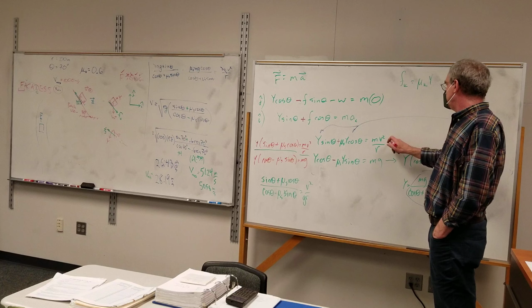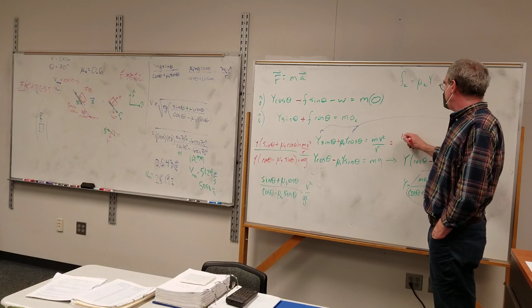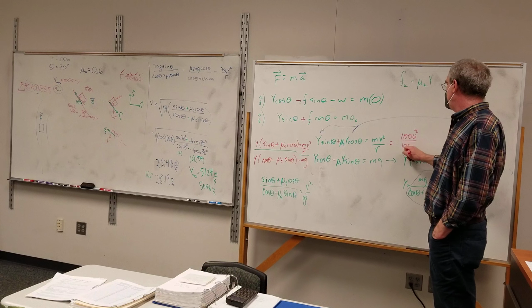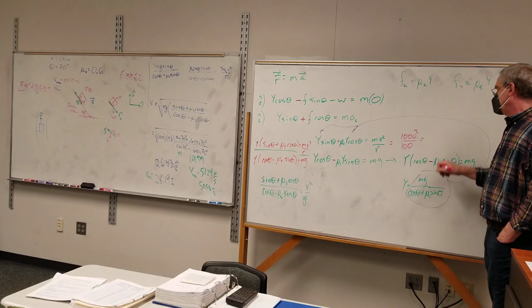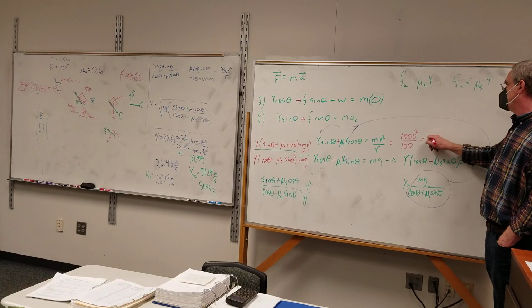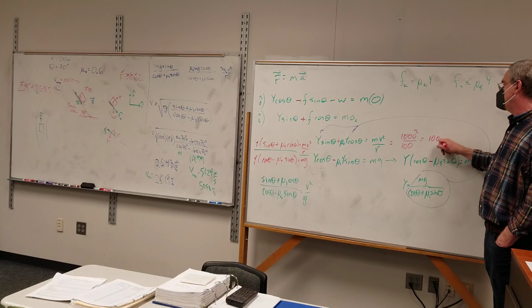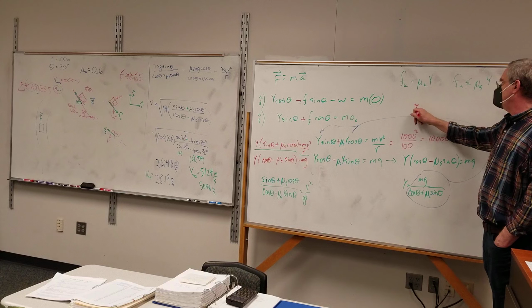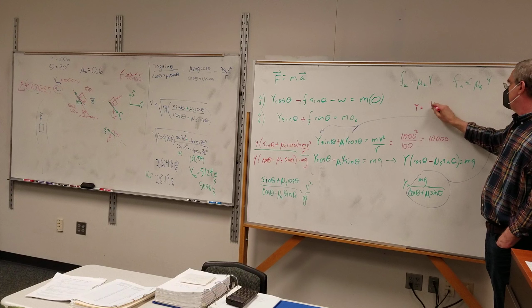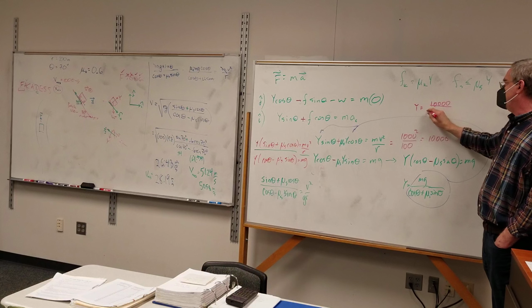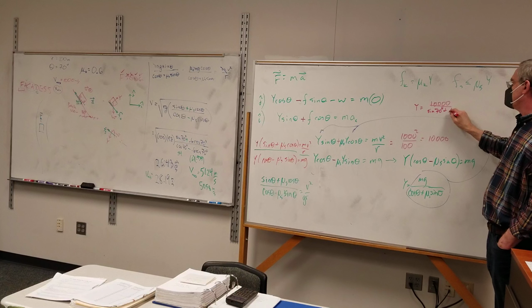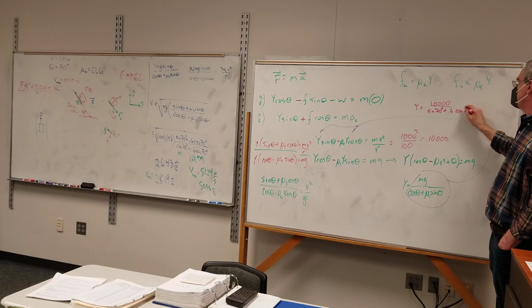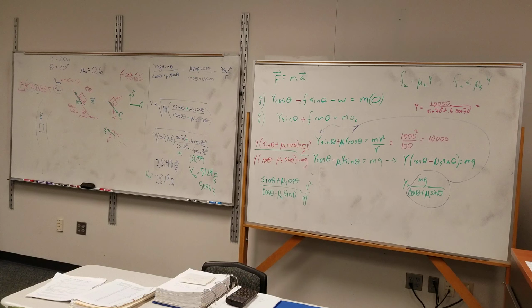We'll make our mass 1. So I get 1,000 squared over 100, which is 1,000,000 over 100, so 10,000. The normal force would therefore be 10,000 divided by sine of 70 degrees plus 0.6 times the cosine of 70 degrees, which is